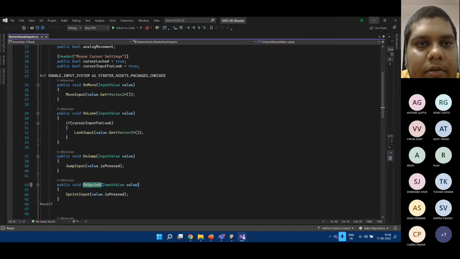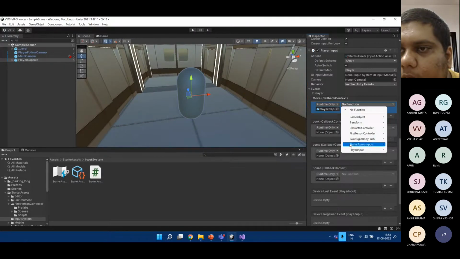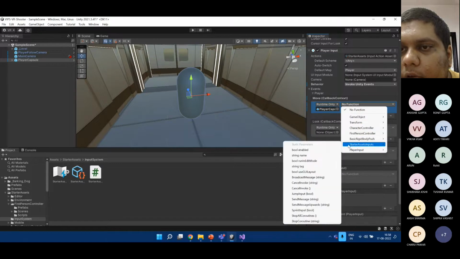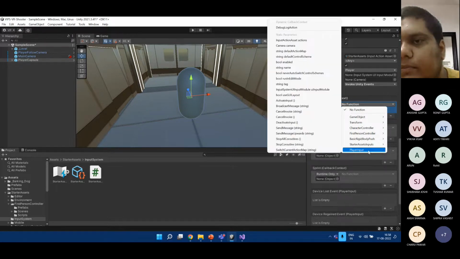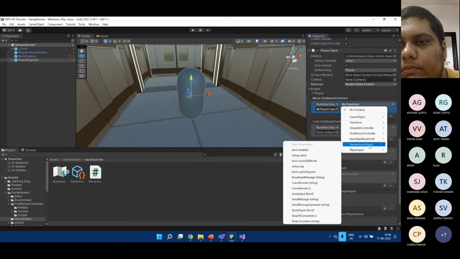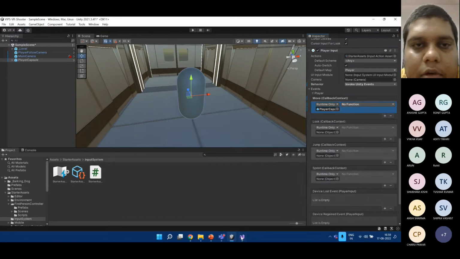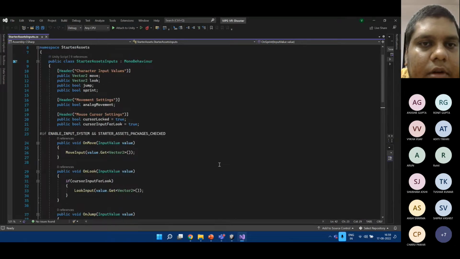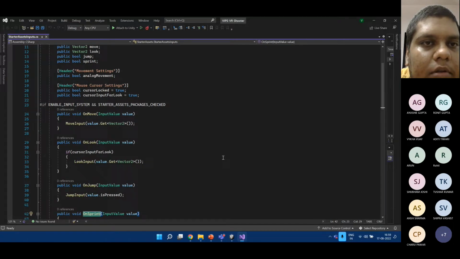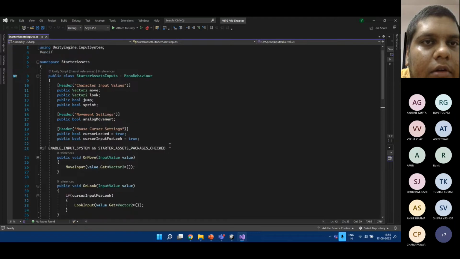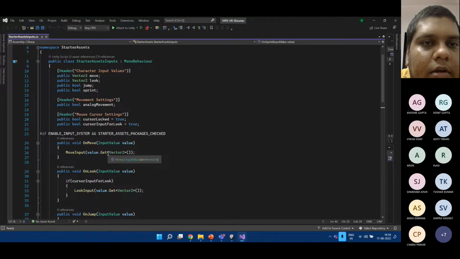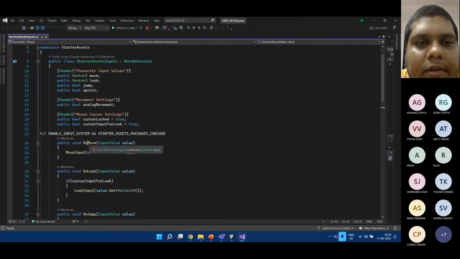It's a private function, no, it's a public function. Player capsule starter assets input. Not able to... I think something's wrong, but this is the way that it should be. Enable and start by check. Oh, I think something, because of this we are not able to see it, but it should be there. Like what I can do is basically create a function which is similar to on move, and